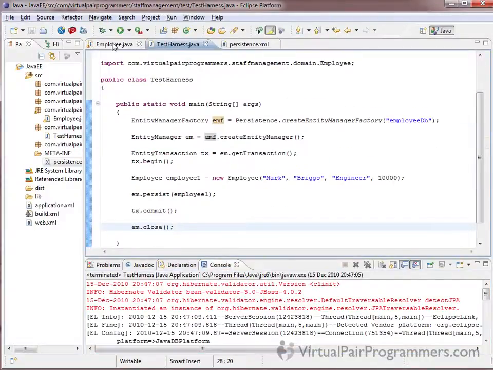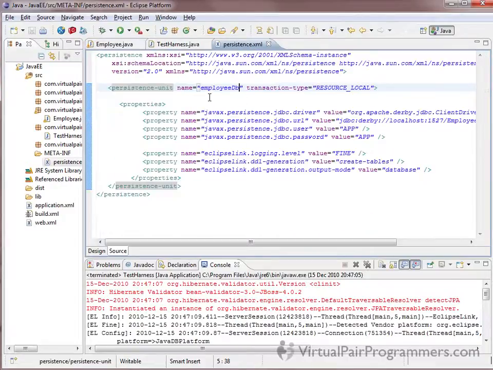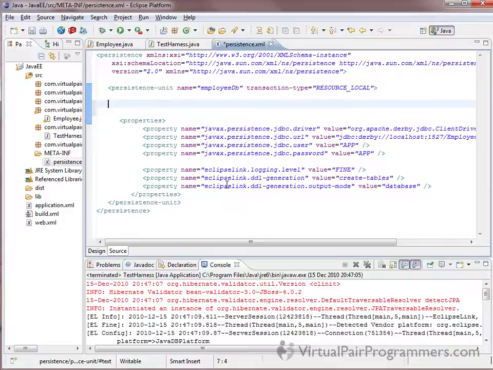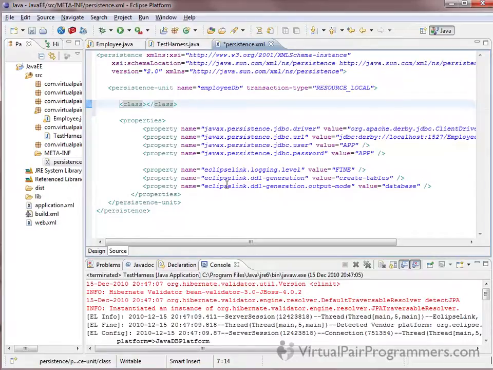When we've got an entity class, there is one further step we need to carry out, and that is we need to add it to the persistence.xml file. It doesn't go in the properties list, it goes before properties, and it's via the class tag. All you need to do is supply the fully qualified class name of, in our case, the employee class. So